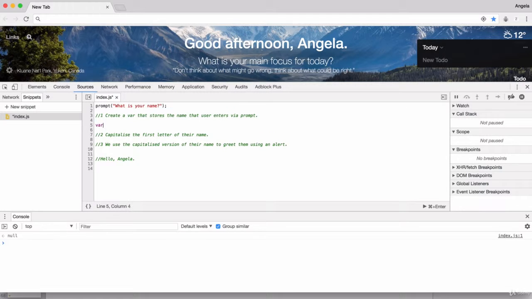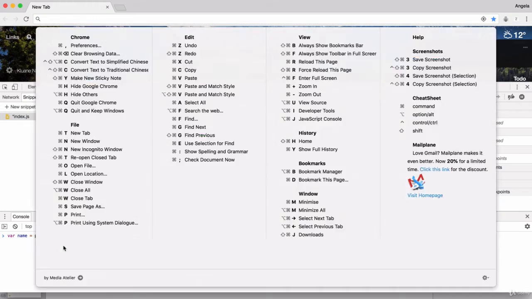Let's create a var that we can call just name, and we can use it to store the name that they give us via a prompt. So let's delete this line and let's use our console to verify that we're doing it right every step of the way. So I'm going to put this into the console and I'm going to paste it in here